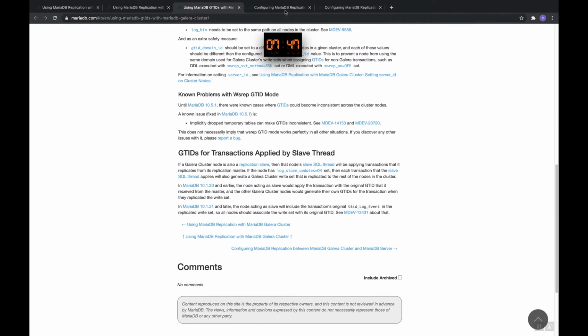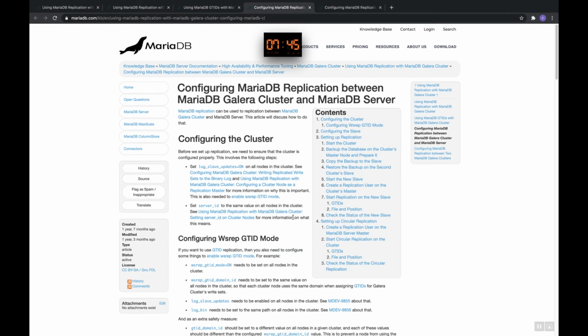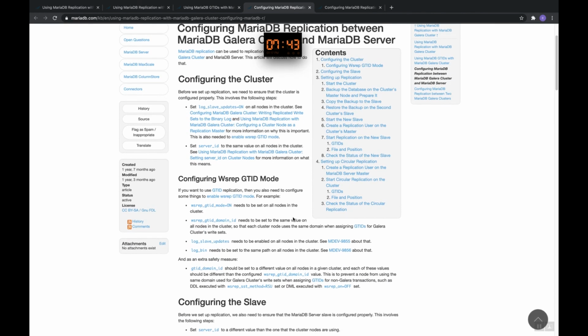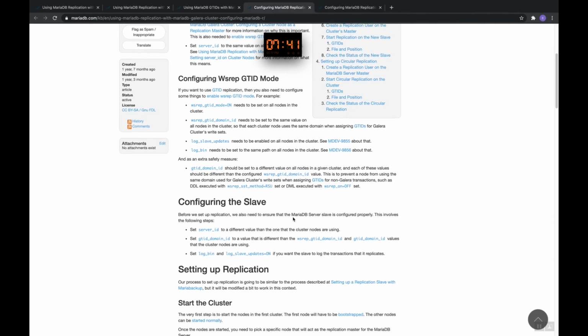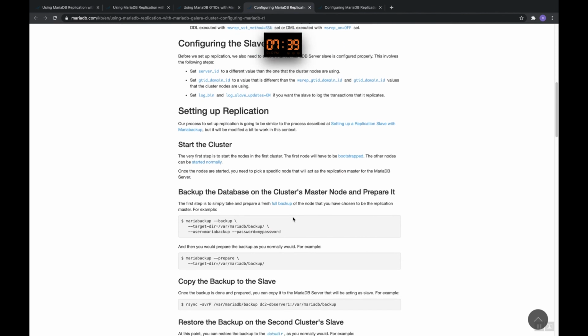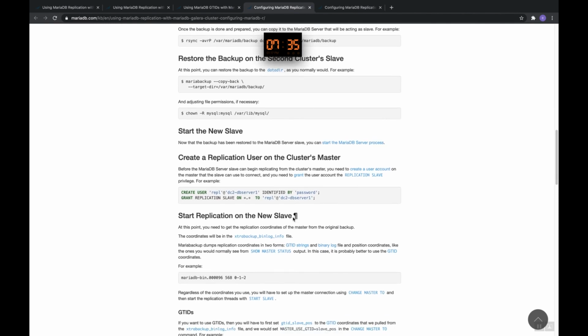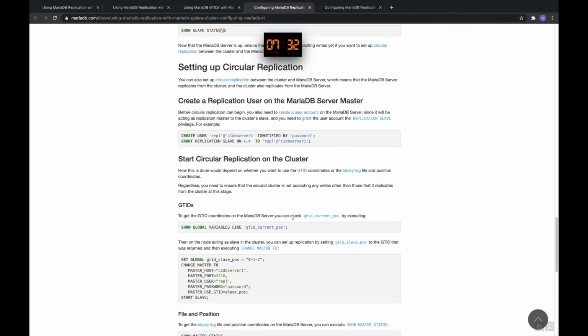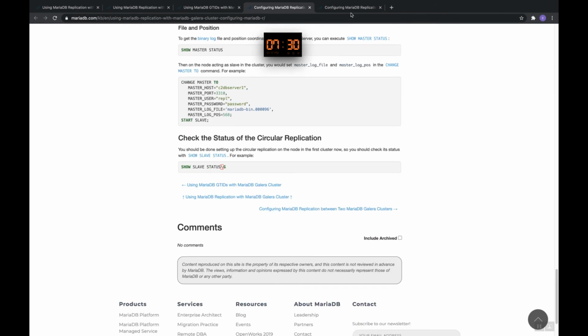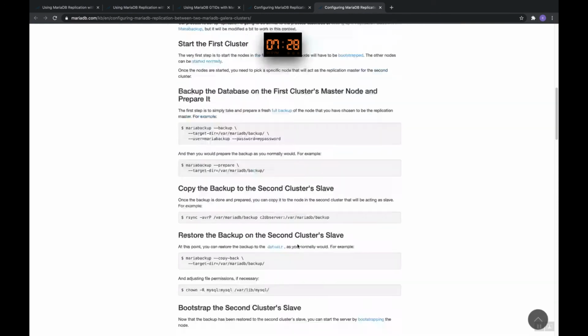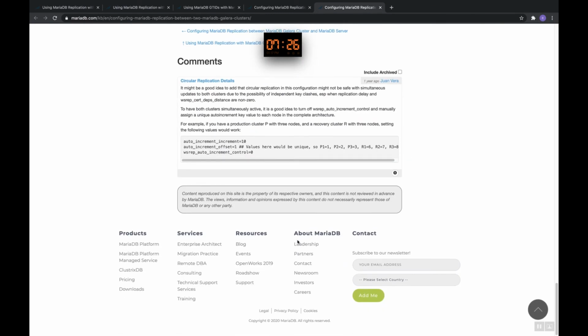You just need to know that this is possible, and there is a document based on this. You have to set the environment variables, and then basically replicate and make it happen. So we have to follow the basics, and then based on the clusters you just start those services.